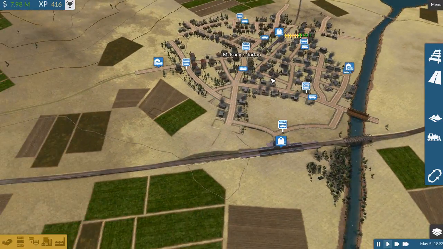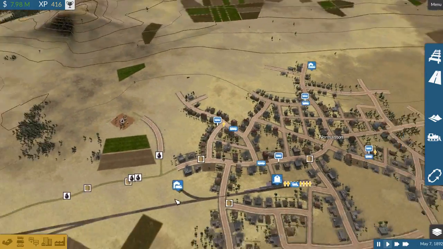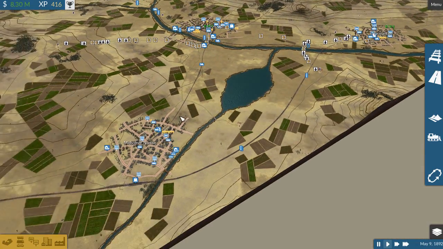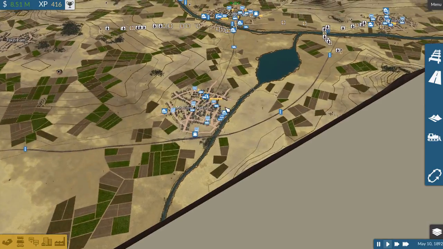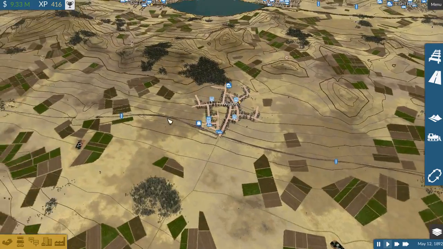Alright, that should be good. Do we have buses here? We have buses taking people to the train station there. I know what song is next. There it is. Alright, we do need